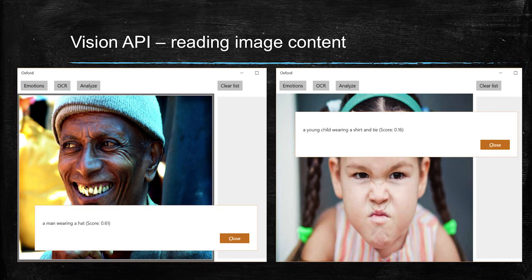And in this case, it detects that this is a man wearing a hat with a score of 61%. When I sent the image of this young lady for processing, I got the result: a young child wearing a shirt and tie with a low score of 16%.